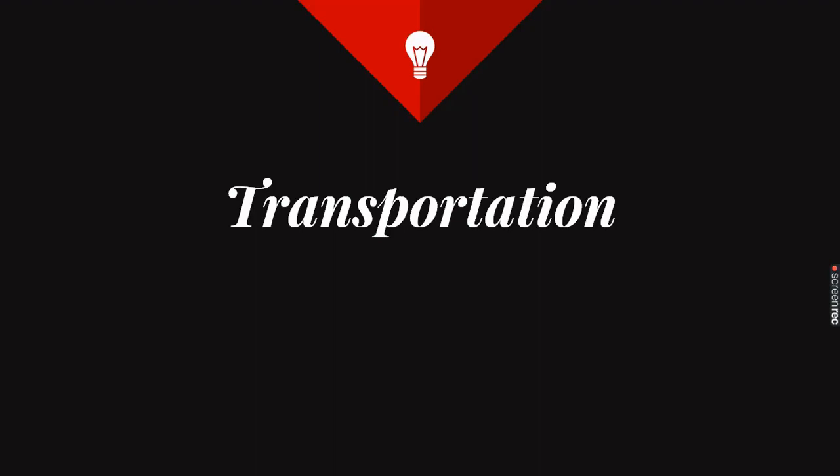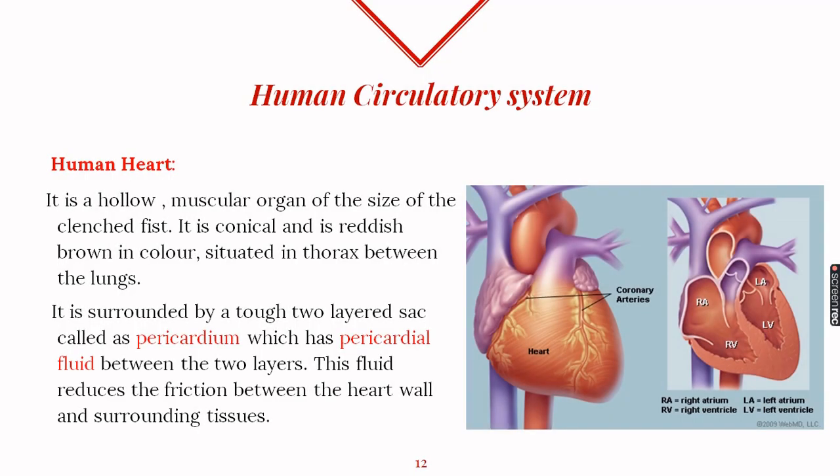Continuing with the life process transportation, the second part of the circulatory system is the heart, which is a vital organ. It is made up of cardiac muscles which work tirelessly throughout our lives and never stop. The size of the heart is approximately equal to our clenched fist. Its shape is triangular or conical, and its location is in the thorax region in between the two lungs, well protected by